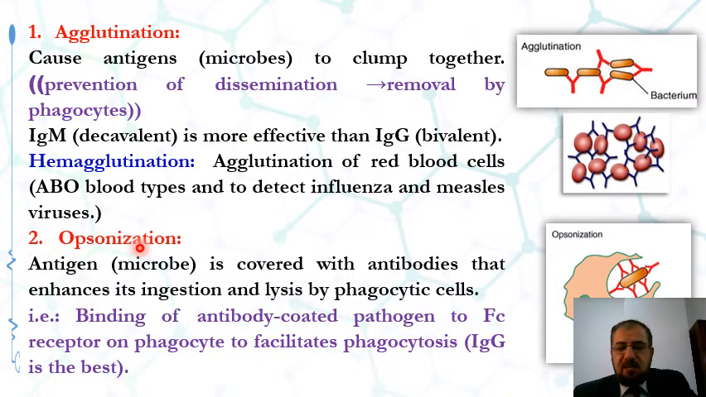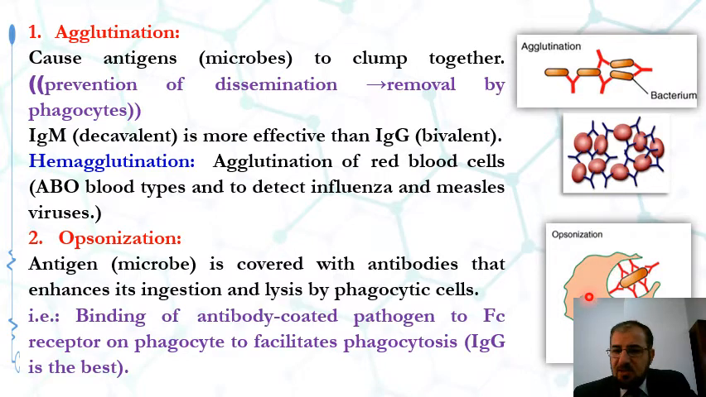Number two, opsonization. Antigens, which are part of the microbes, are covered with antibodies. So the antibodies here mark the antigens, which enhances the ingestion and the lysis by phagocytic cells. See, this is the microbe. The microbe is bound by the antibodies. So the antibodies are binding to the antigens of the microbe. And at the same time, the antibodies